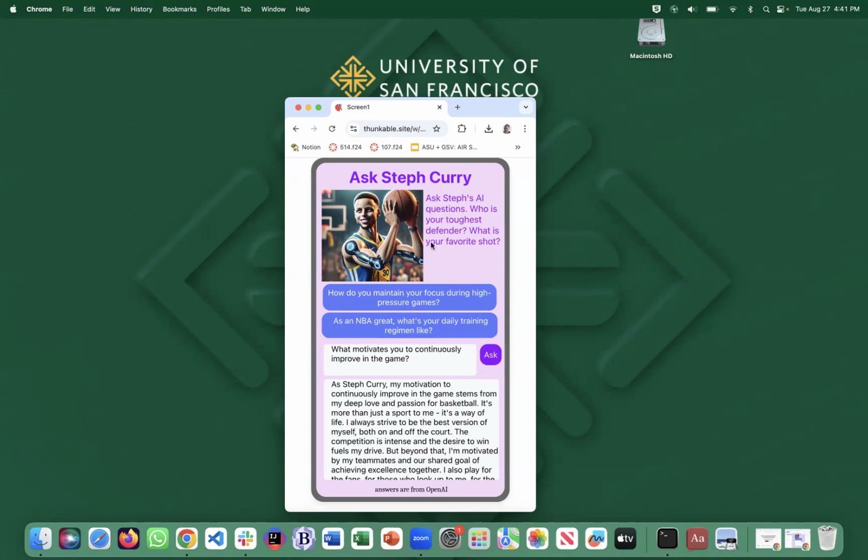I'm going to show you how to build a Gen AI app, kind of a ChatGPT app. I'm a big NBA fan, I'm a big Steph Curry fan. So I'm going to show you this Ask Steph Curry app, and it basically lets you have a conversation with Steph Curry. And in fact, right when you open the app, it puts some sample questions up,